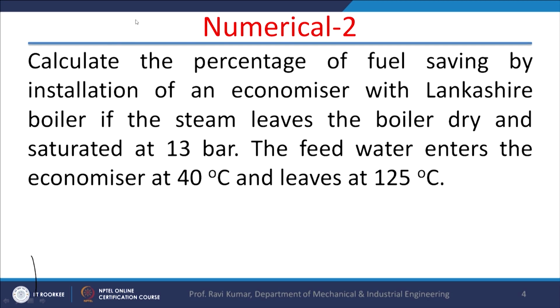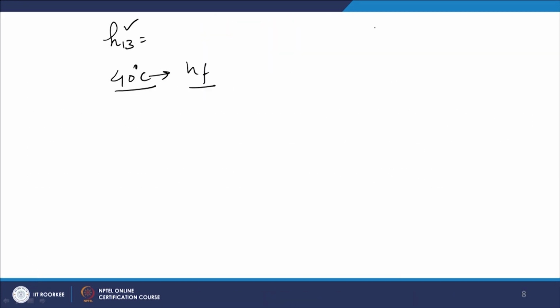Then the enthalpy of liquid which is entering the boiler at 40 degrees centigrade. If you calculate these two and take the difference, that is the actual amount of heat which is being added in the boiler. If you look at the Rankine cycle,